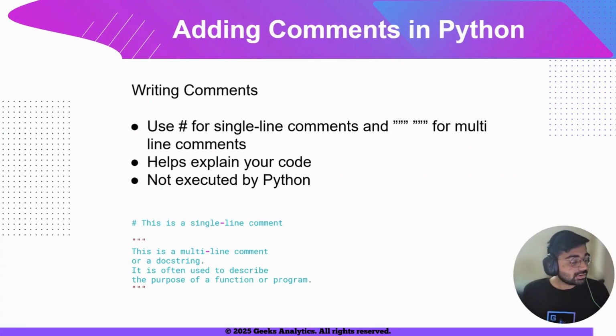Now coming to adding comments in Python. To write comments, there are multiple ways. One is to use a hashtag for single-line comments, and to use inverted commas, that would be six inverted commas, three at the start and three at the end, to consider that as a comment. So why do we write comments? To describe what a particular code does, what a function does,